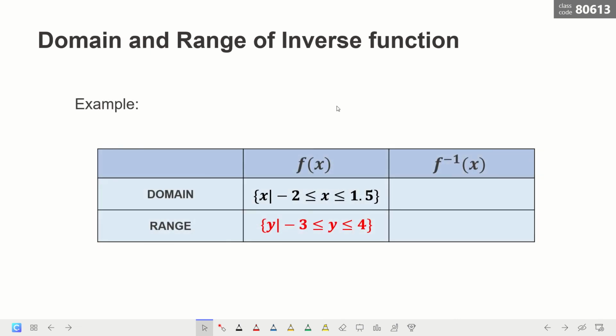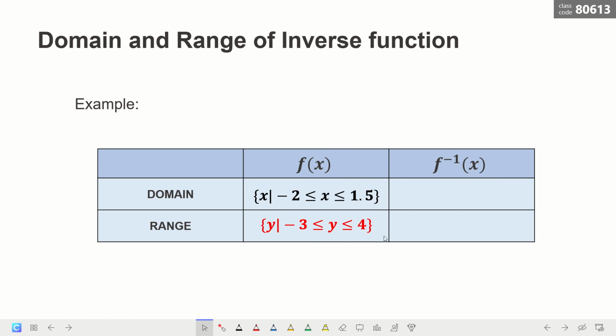Okay, so for example, if this is our original function with the domain x such that x is greater than or equal to -2 but less than or equal to 1.5, and the range is y such that y is greater than or equal to -3 and less than or equal to 4, then the domain and range of our inverse of this function is the